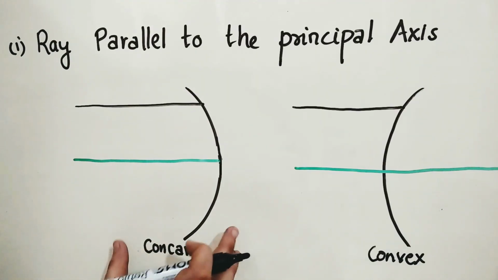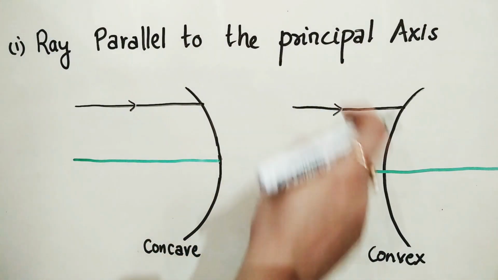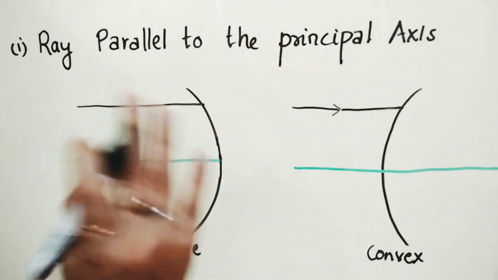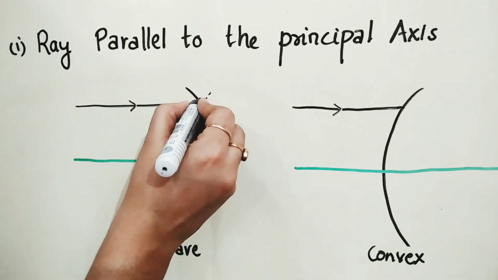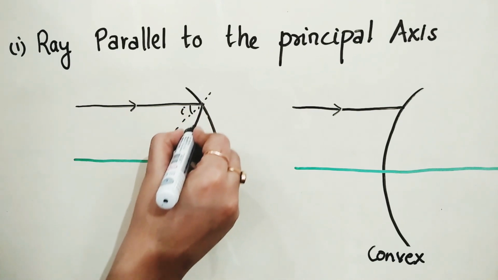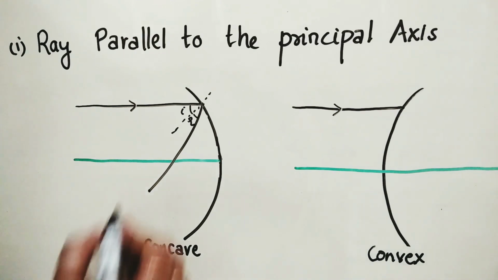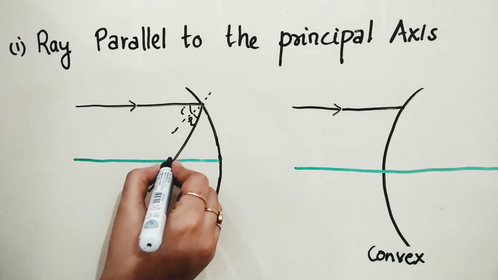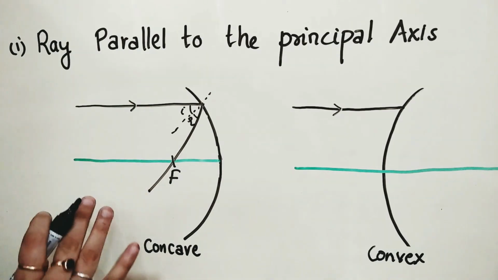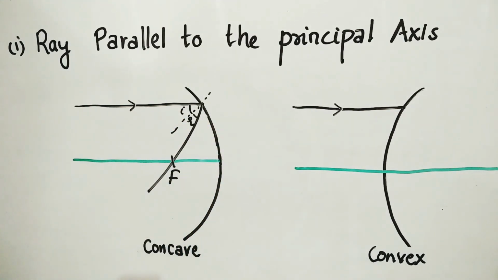I have drawn the diagram in both the cases, the ray which passes parallel to the concave mirror and the convex mirror. After passing parallel, it just follows the general rule, that whenever it makes angle I with the normal, it is reflected by angle R. The important point is that the point where it intersects the principal axis is the focus. So the main point of this rule is that whenever a ray passes parallel, it passes through the focus after reflection.